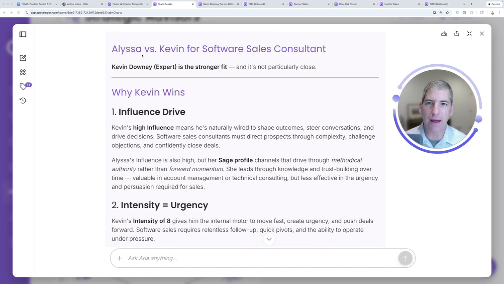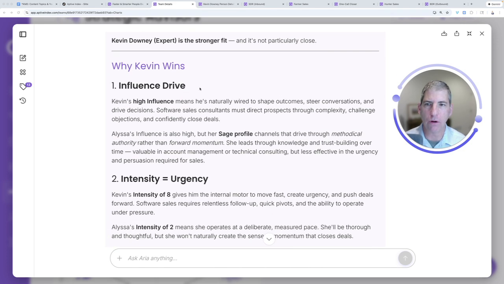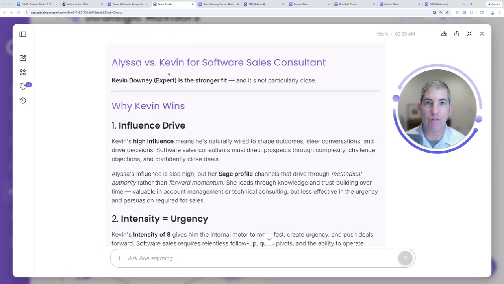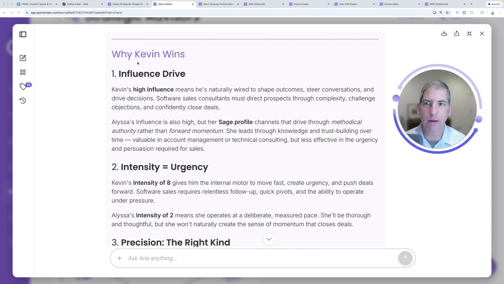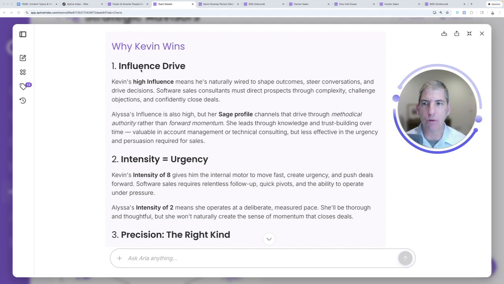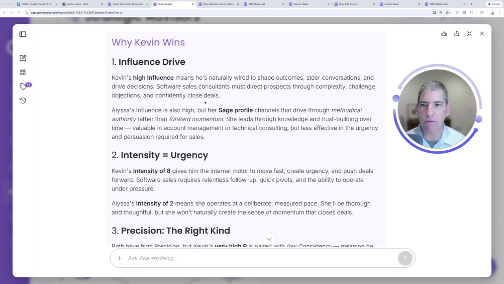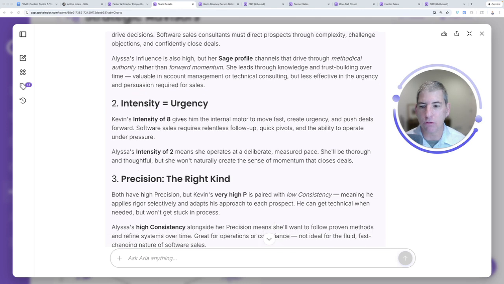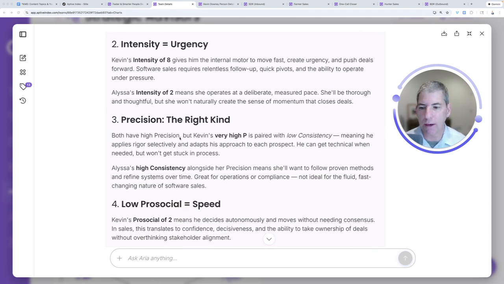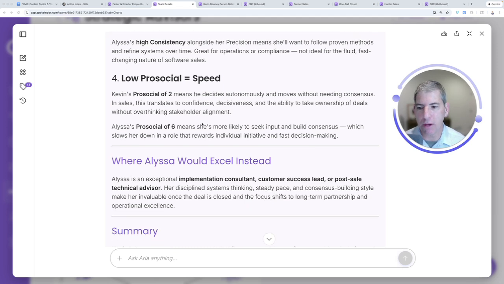So you can see, if we go software sales consultant, okay, let's imagine that we have two people with very comparable resumes, right? They look good on paper. They both interview really well. They've got all of the stuff that you're looking to hire. But there's a vast difference in why Kevin's going to be a better hire than Alyssa for this particular role, right? Because we built it off the job, plus we can ask Aria about the position itself, okay? So influence drive, intensity equals urgency, precision, I've got the right kind, low pro-social equals speed,